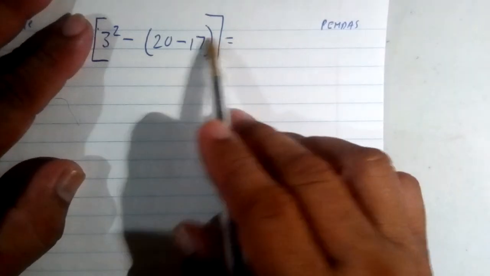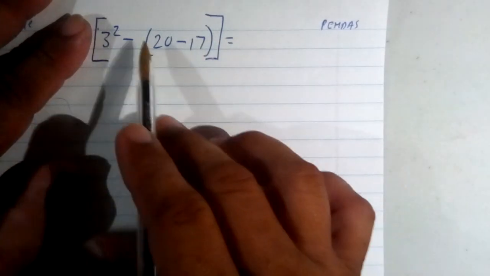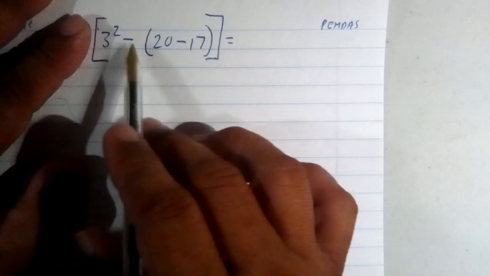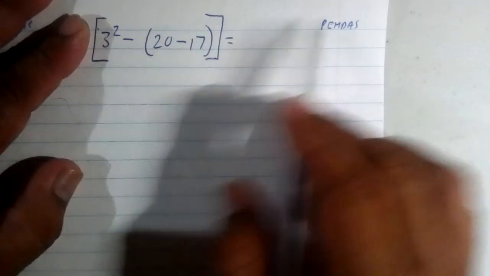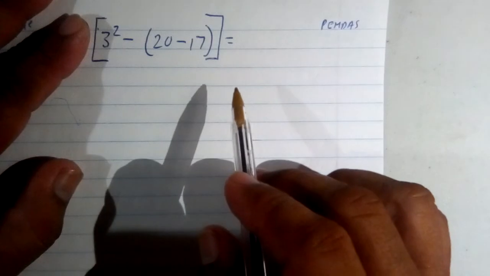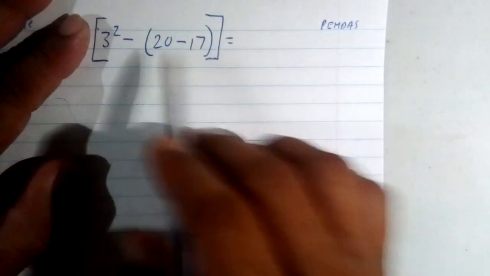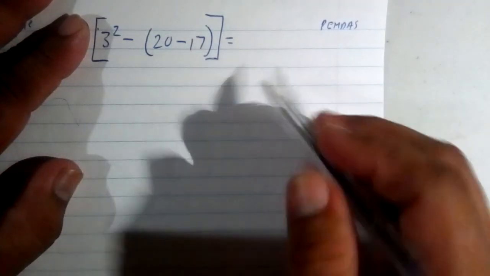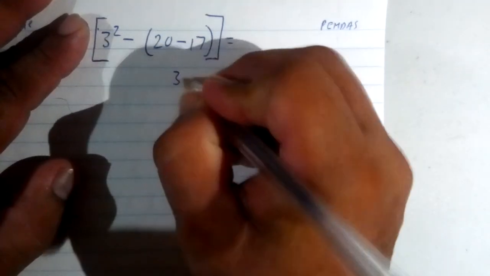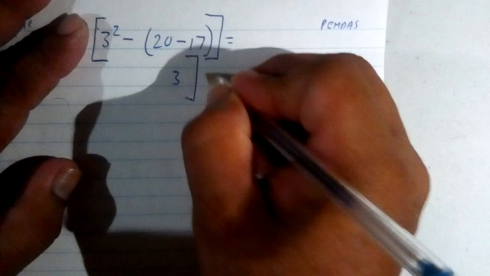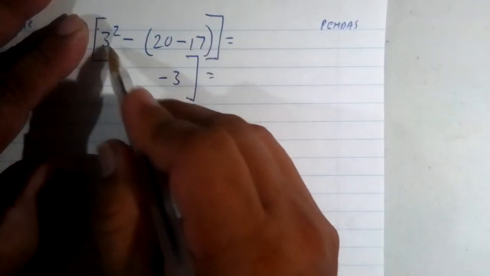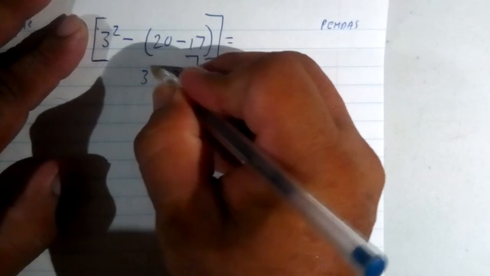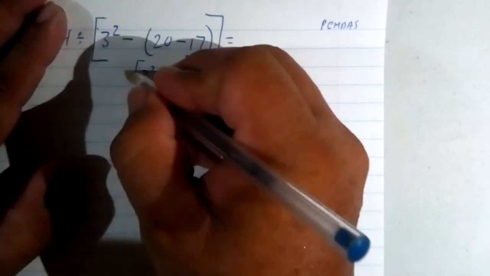So when we apply PEMDAS only in this, we notice that there's a bracket here, despite there's an exponent. We cannot do this exponent. We shouldn't do this exponent. We need to do parentheses first. So that's the parentheses. Okay. So when we work with this parentheses, we're working with this inside piece. So when we say 20 take away 17, that is going to give us 3. And then there's a big parenthesis minus, remember 20 take away 17 gives us 3, and we bring down the 3 squared, and then we say divided by